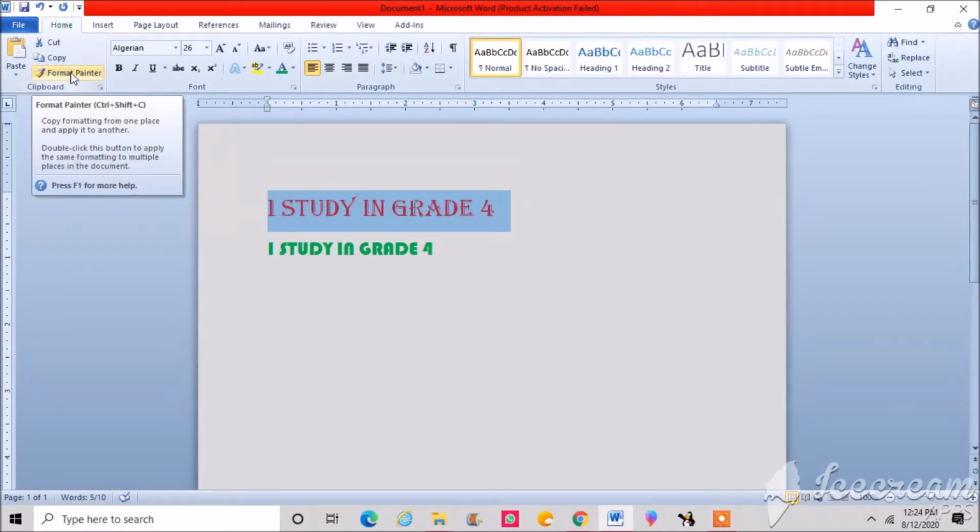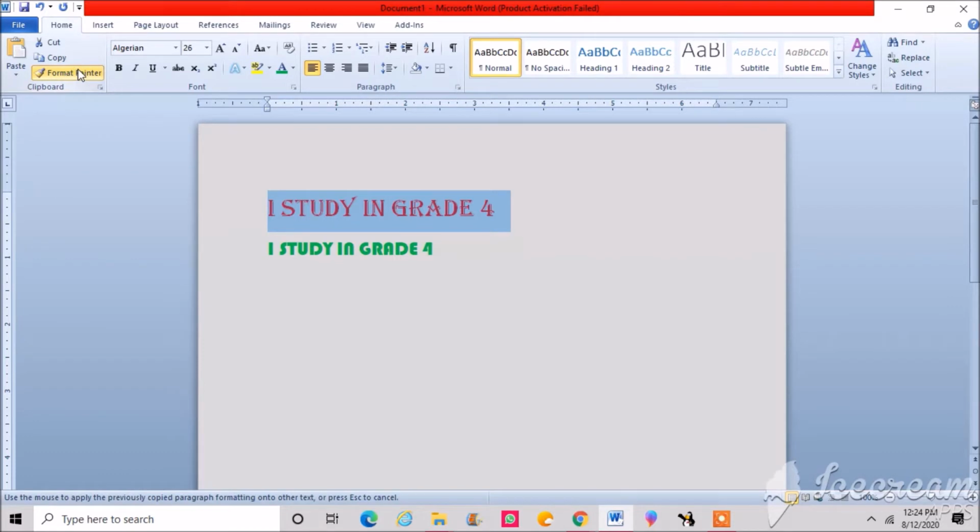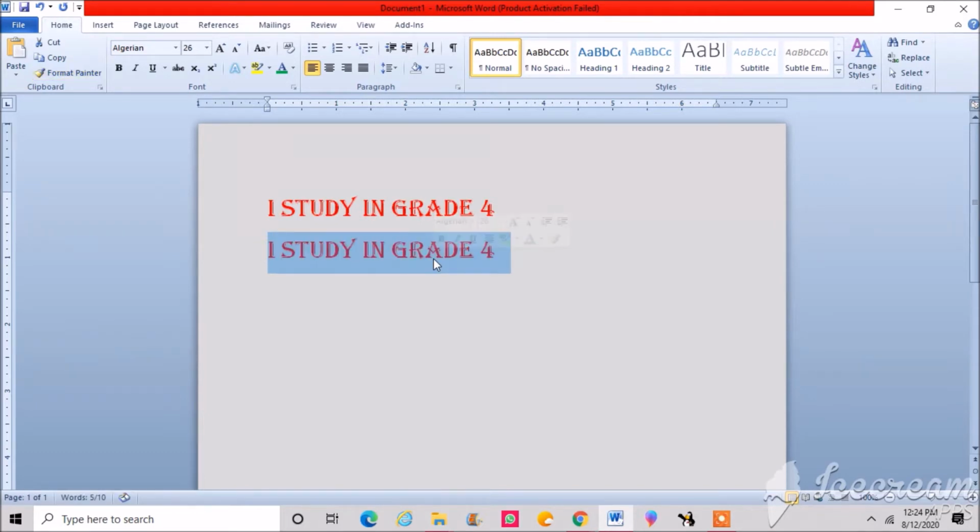Here you can see the Format Painter button, click on it and then you can see my pointer has changed into a brush shape. Now we can apply the copied format by dragging the brush over the desired text. Here we want to apply it, so we will drag here and you can see both of my sentences are of the same format. In this way you can do copy formatting.